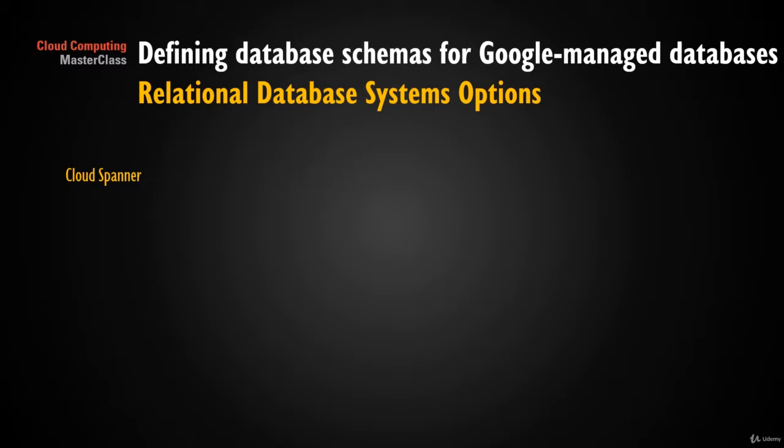The other option that you have on the RDBMS side is Cloud Spanner. Cloud Spanner is homegrown, you can think of it as grown by Google itself. They have written it from scratch. They are not using any proprietary or open source technology in Cloud Spanner. It is a homegrown database. We are going to see the details of Cloud Spanner in the next lecture.